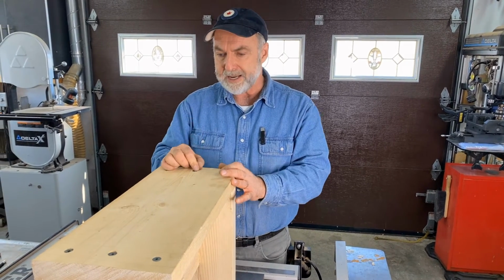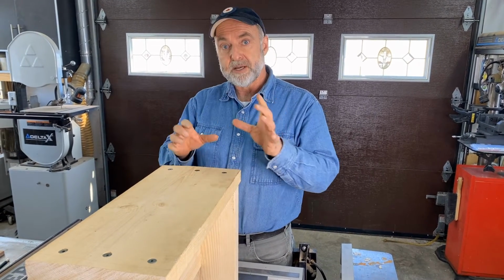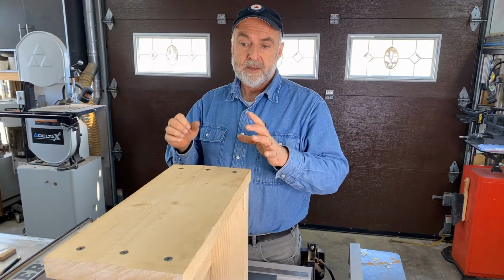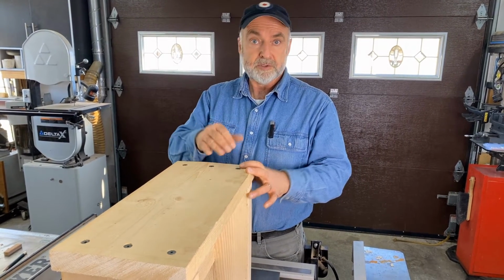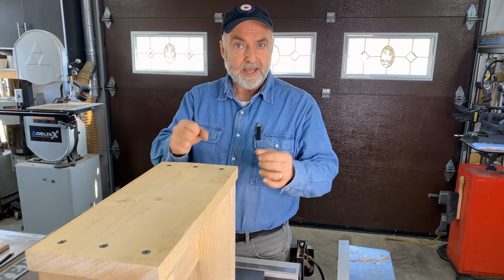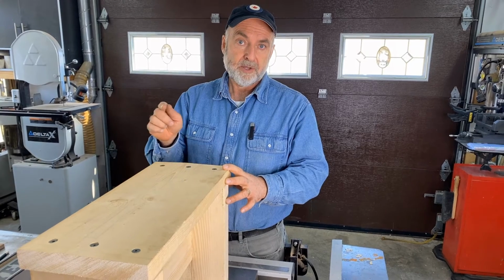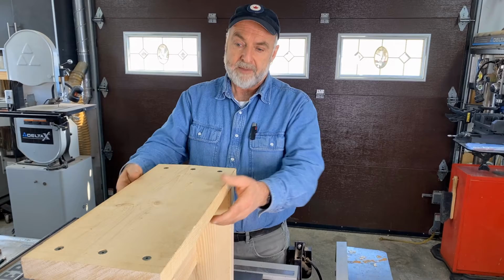Now, let's just say that you happen to own a belt sander. A belt sander is a handheld sanding power tool. It's one of my recommended tools if you're building up your collection. And you can use a handheld belt sander to do the same job that I just did with my stationary edge sander. And that just involves